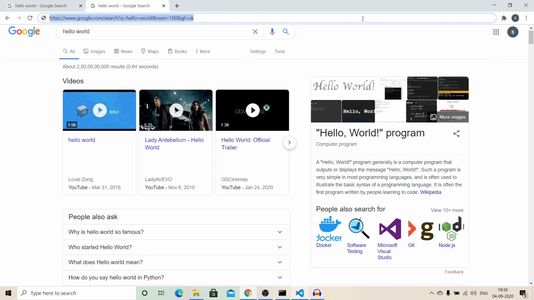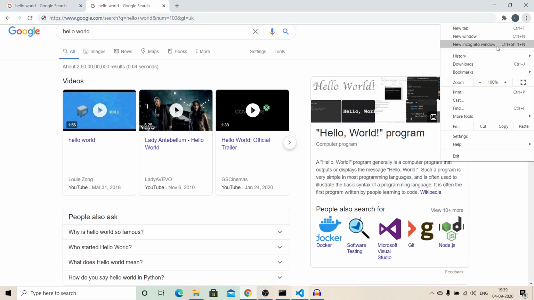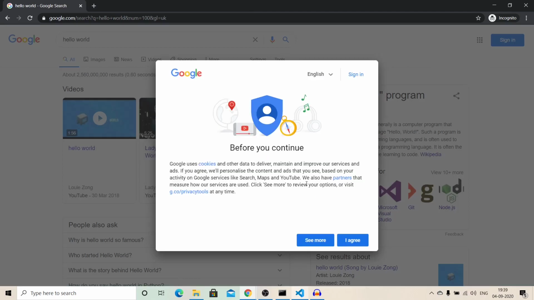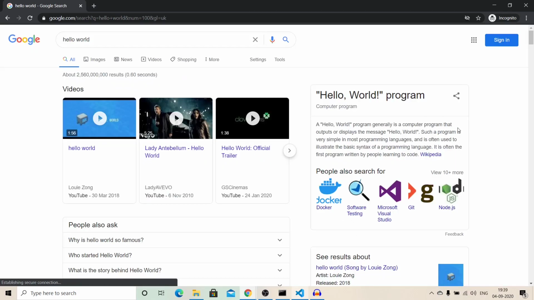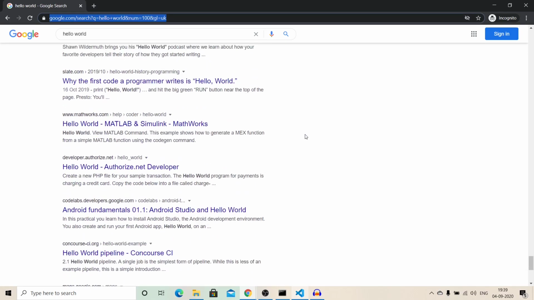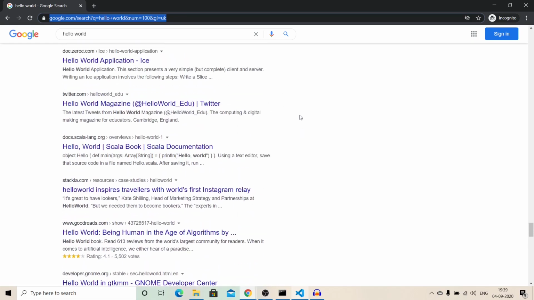Let's copy this and open it in incognito. You can see it has popped up something else as well. If I move forward now, my location has been changed to United Kingdom. With these three parameters we can get the results of any country, with any number of results.